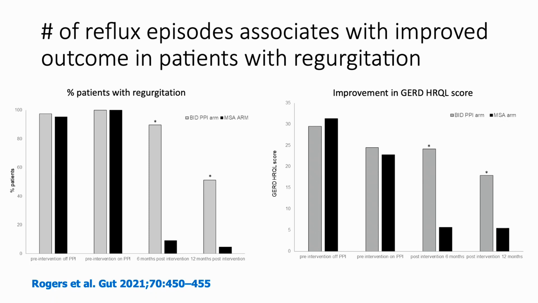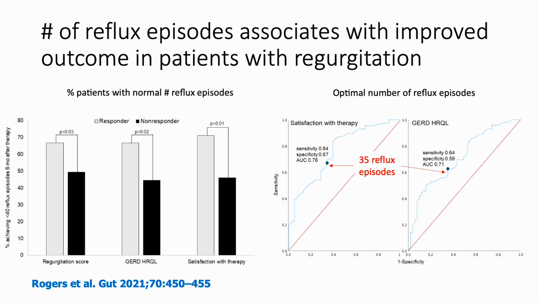Now again, maybe presented a different way. The percentage of patients with persistent regurgitation was higher in the patients who were receiving PPI BID compared to the patients who underwent magnetic sphincter augmentation. And the GERD-related quality of life scores improved more in patients undergoing the magnetic sphincter augmentation compared to PPI therapy when it came down to regurgitation. And then in this post hoc analysis, they